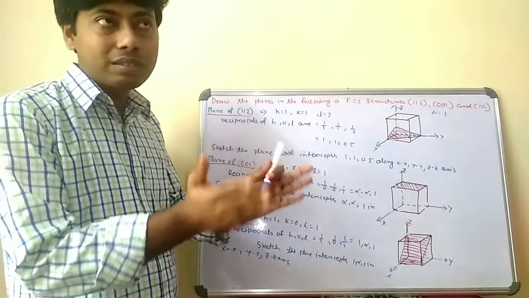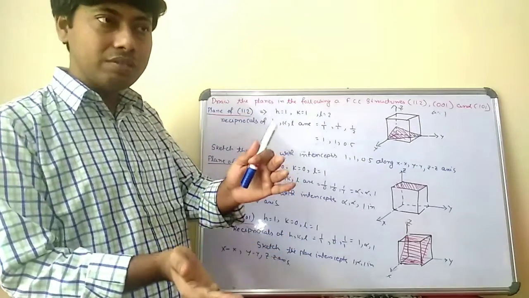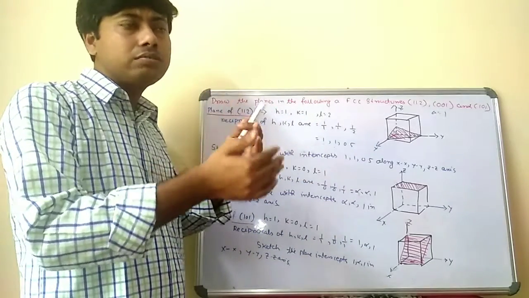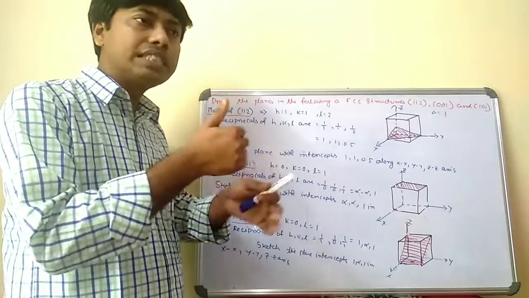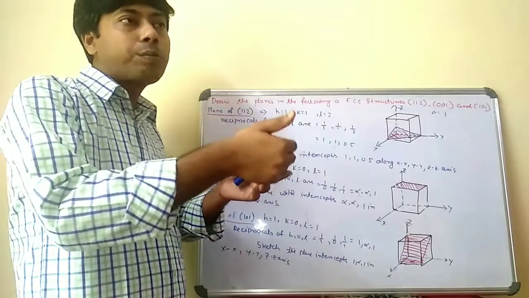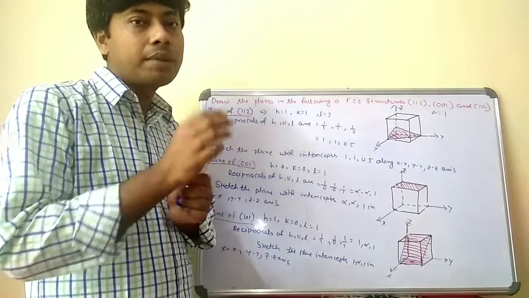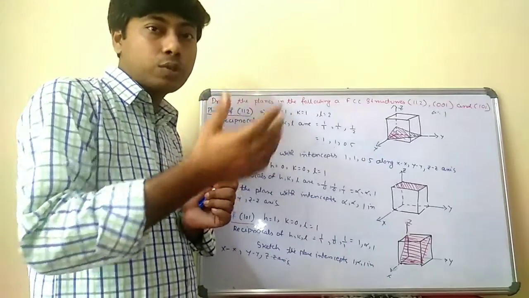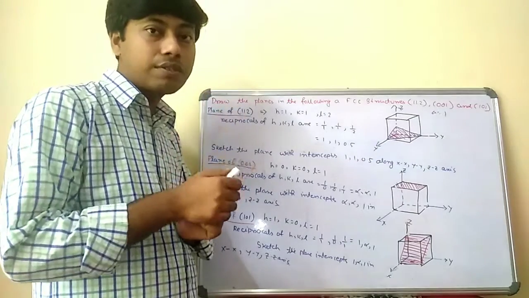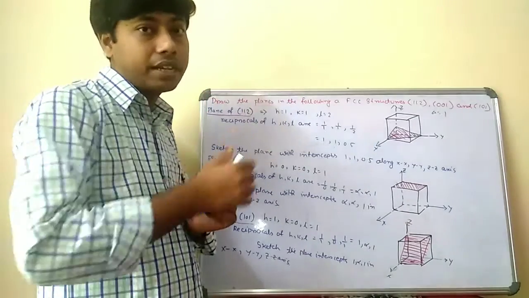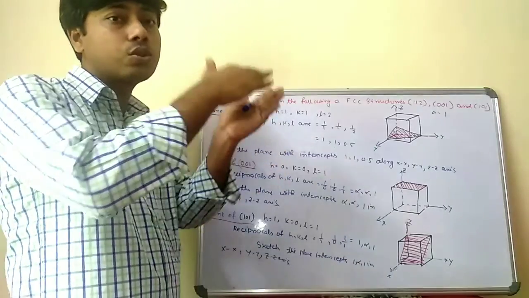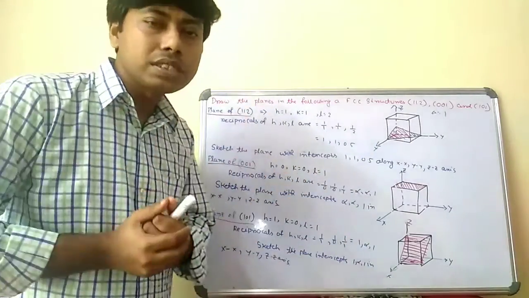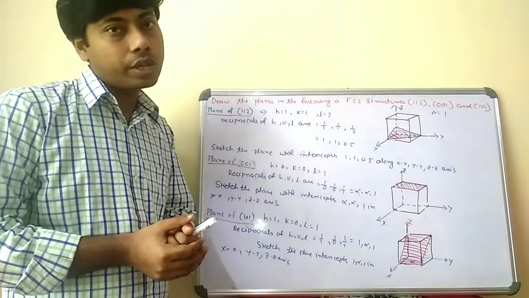Similarly, if you know the intercept points, you can easily convert them to Miller indices. Again, if you know the intercept points, you just take the reciprocal of them. If it is a fraction, you can convert it into integers by multiplying with some value, then you get the whole-number values. You just put these values, and this is your Miller indices. So in this way you can convert Miller indices to a plane or a plane to Miller indices. So basically, Miller indices are a graphical representation of any crystallographic structure.